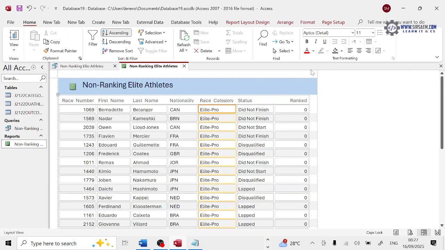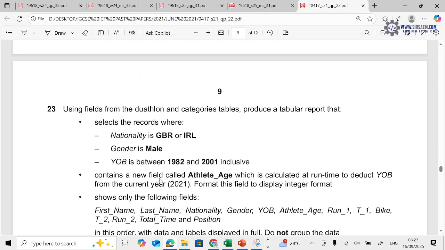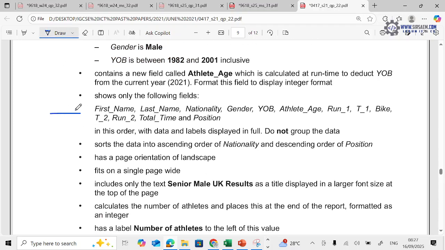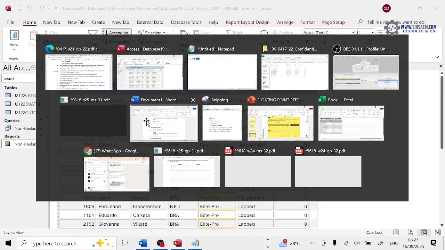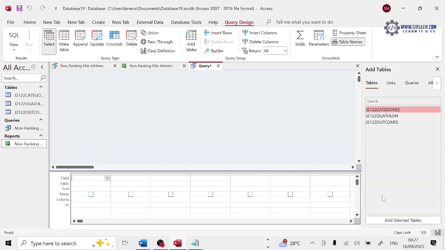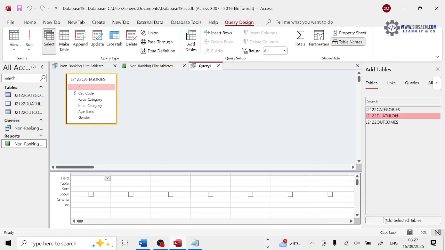वो अगली रिपोर्ट में आ रहा है. So we're done with this report. Next report. So now listen carefully. This is the one that was given to you. So using fields from the tables and categories table, produce a report that does the following criteria. Obviously, first of all, we have to do this step, right? So we'll come to create, we'll come to query design. We will add all three tables,